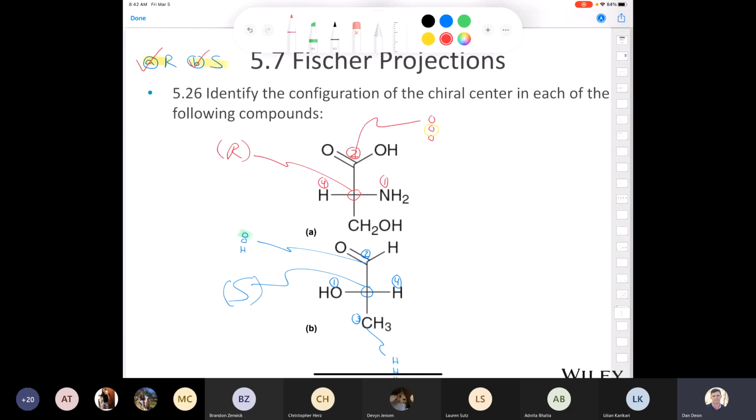And you should be able to do those relatively quickly. Mr. Dion is not a speed guy. Definitely not. I'm not the fastest at assigning stereochemical configurations. It's better to have it correct than do it too fast and get it wrong. Anyhow,